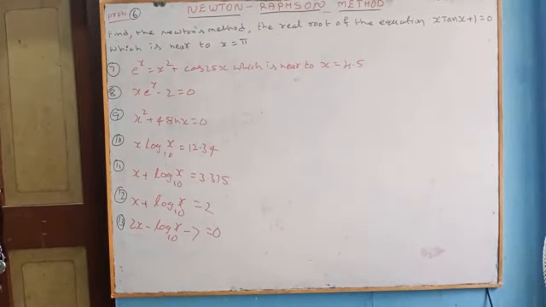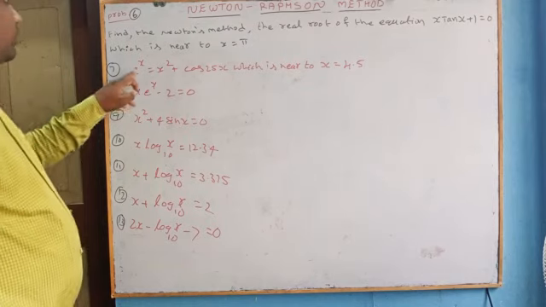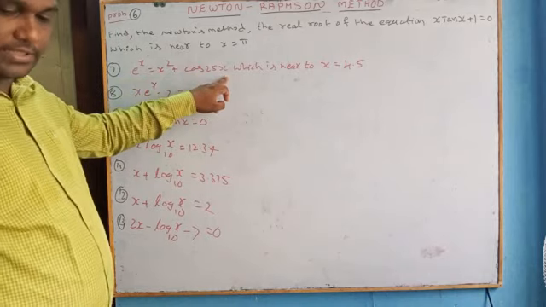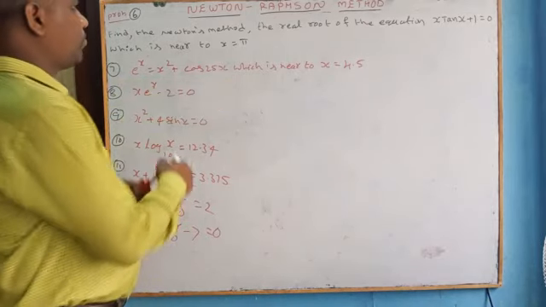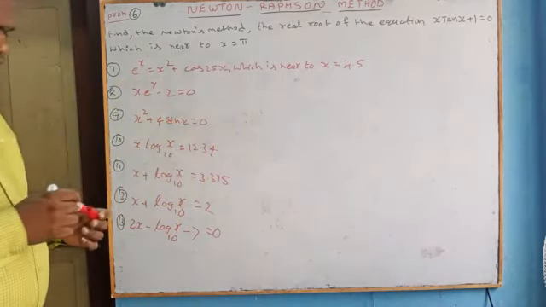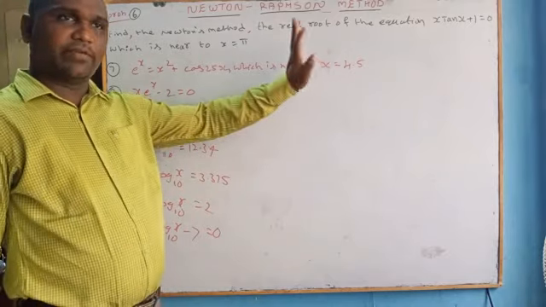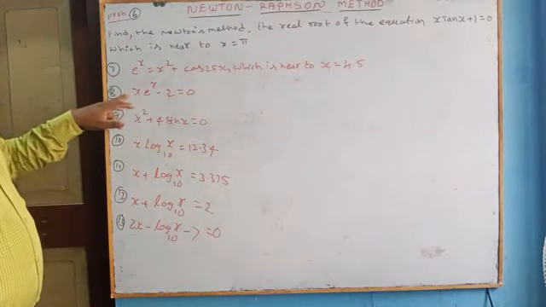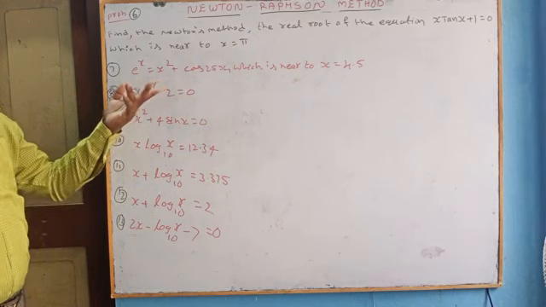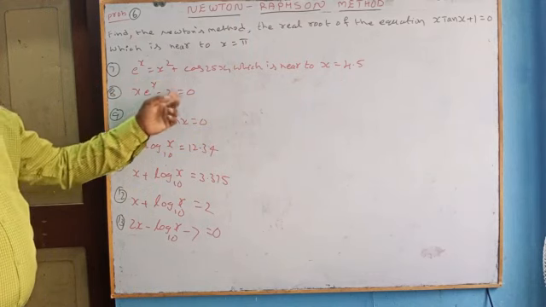Okay. Problem number 6 will be complete. Next problem number 7. So e power x is equal to x square plus cos 25x, which is near to x is equal to 4.5. This is the initial root given, x naught is given. Process this common: x e power x minus x is equal to 0, x e power x minus 2 equal to 0.